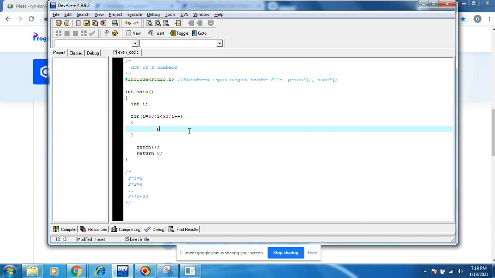Printf percent lc, backslash n, percent ld, comma i comma i. What is happening here?